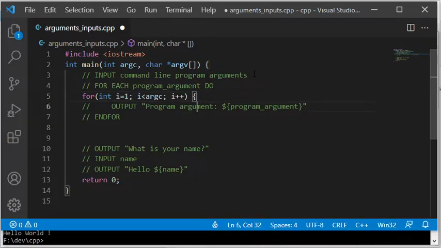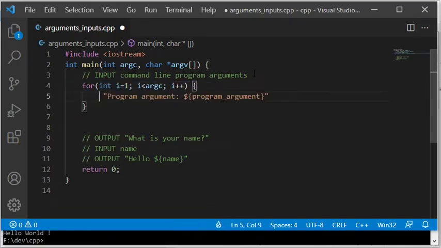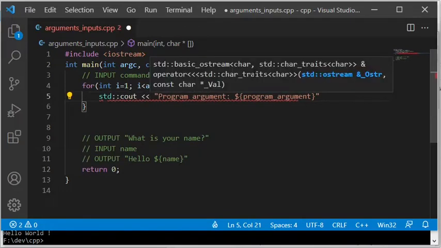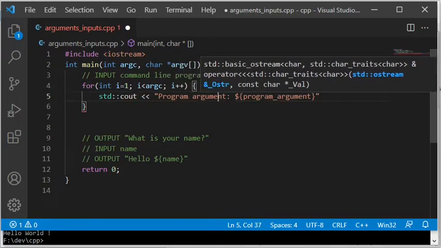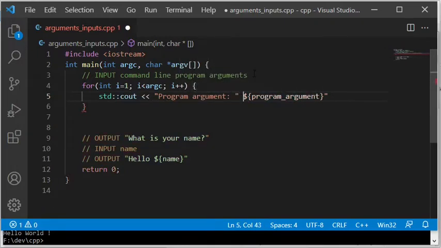The operator with two less than signs is called the insertion operator, and it was used in the Hello World code to print out just one string to the screen. And it can also be used to print out many strings or variable contents. The last part, std::endl, represents a line break and will be printed to the screen when it is combined with cout and the mentioned insertion operator.